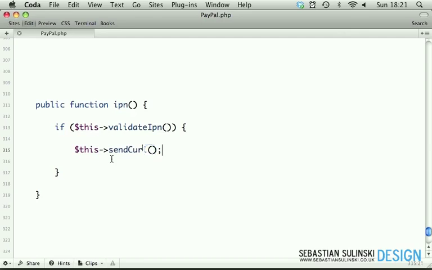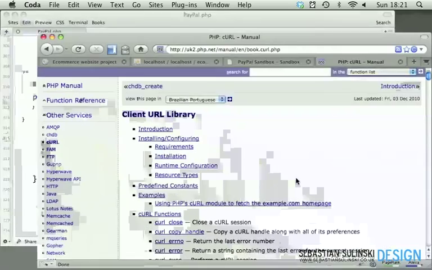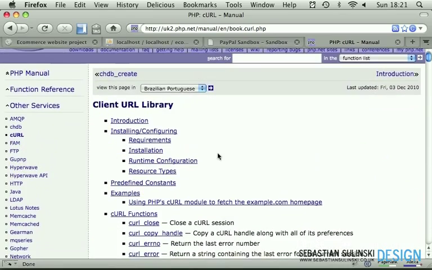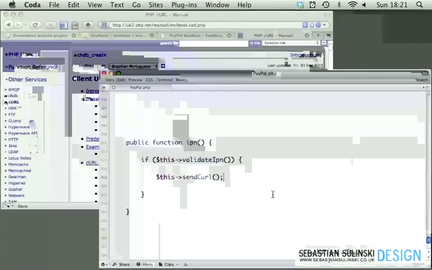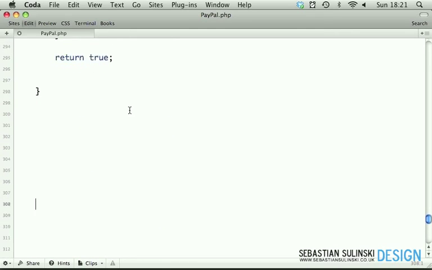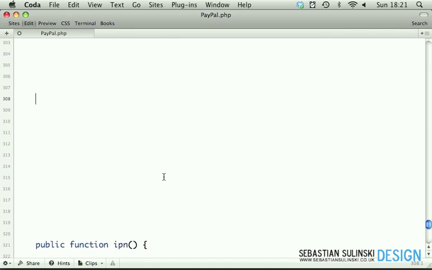If we go to our browser, go to php.net, manual, en, or whichever other language, book.curl.php. This library has several different functions you can use with it. So if you want to go through the whole documentation, please feel free. But let's go to our example here. If we scroll up before our IPN method and create the new private function